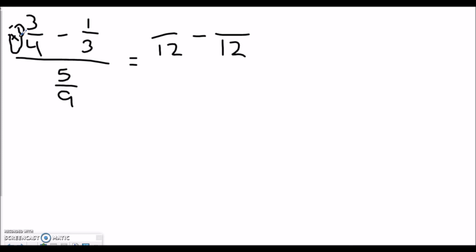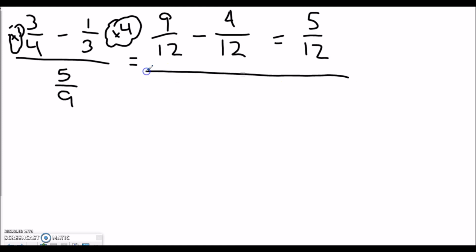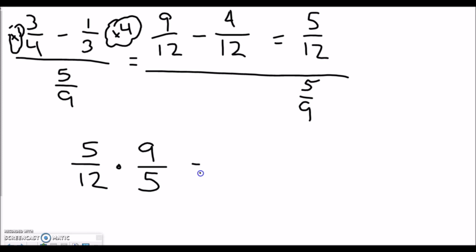Common denominator is 12. How do I change? That's by multiplying by 3 to get a 9. How do I change the second fraction? Multiply by 4 to get a 4. And that gives me 5/12. All of that is over this original 5/9. Again, change to multiply, reciprocal or flip the bottom fraction. This time I get a lot of things to cancel. The 5's cancel to 1's, the 9 to a 3, the 12 to a 4. Final answer,